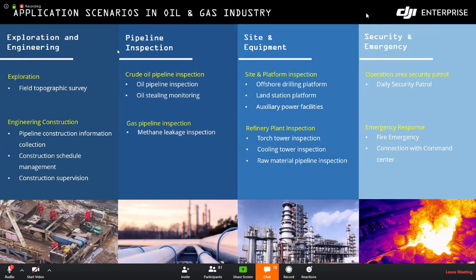Here are 4 main kinds of application scenarios. The first application scenario is exploration and engineering, pipeline inspection, site equipment, and security emergency. For exploration, the drone solution can be used to survey the field topography based on 2D mapping or 3D modeling. For engineering construction, the drone solution can be used to collect the construction information, to plan the schedule, and realize